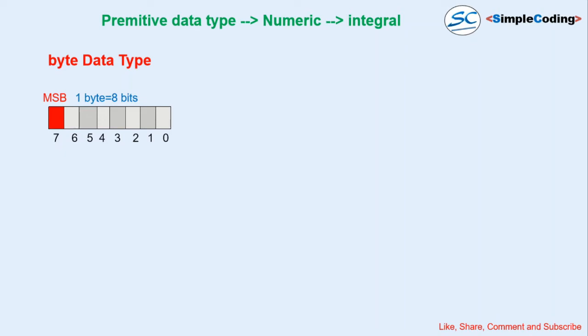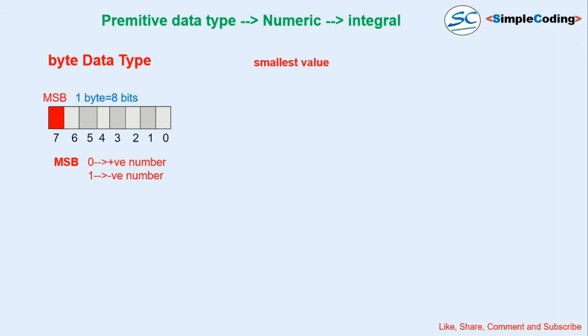Now in the data type we have negative and positive values. To get the range, the lowest value and the largest value, we have to follow the MSB here. To get the negative, lowest value, we have to put MSB as 1, and to get the highest, positive value, we have to put MSB as 0.